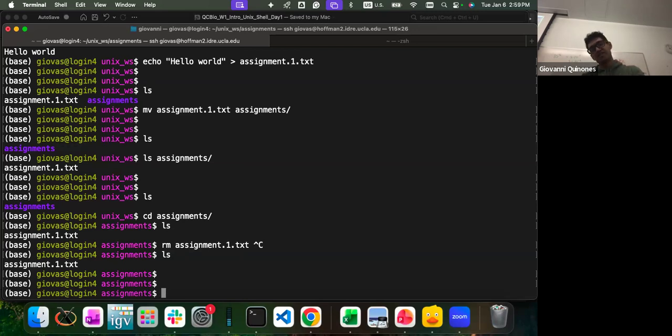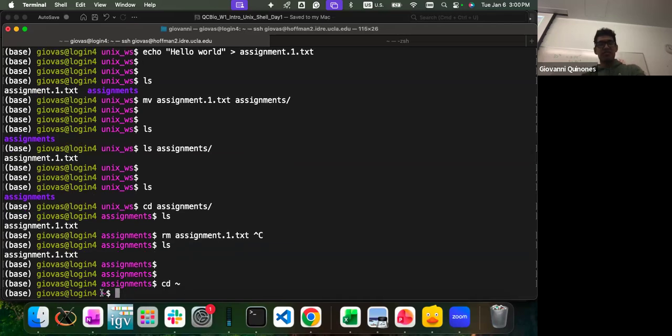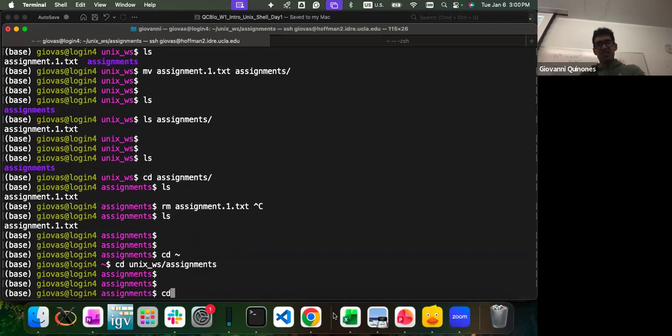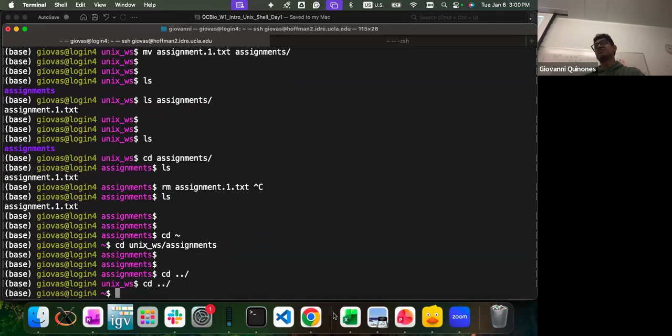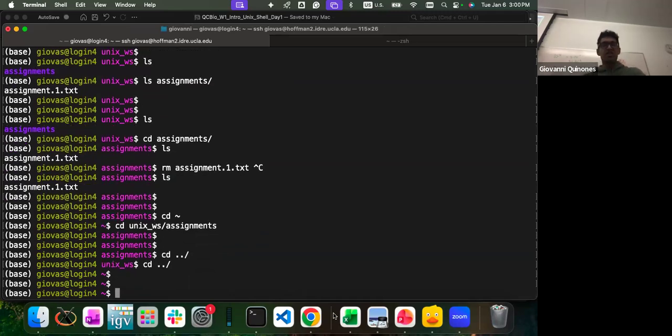How do I go back? Yeah, so this is one way of going directly to the home directory, the squiggle line, cd squiggle line, and I go back to the home directory. Another way is I can go step by step. cd, this means going back. I go back to Unix, cd back to the home directory. So there are multiple ways. Okay, now I'm in my home directory and I can create my log